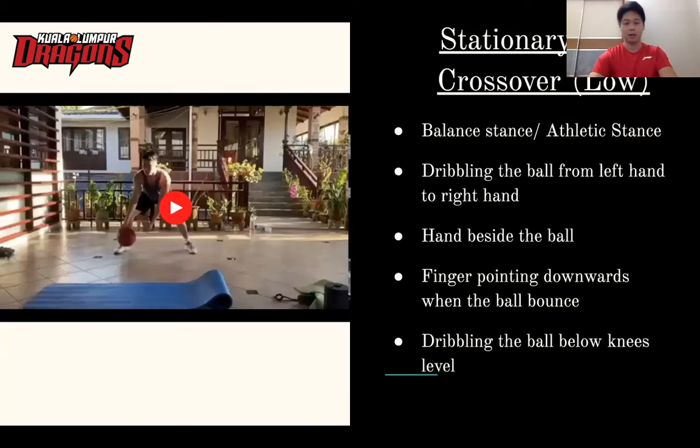First thing, the most important thing, your athletic stance. You must always be balanced, right? This time we're going to push the ball from the left hand to the right hand. Your hand must always stay beside the ball, not on top of the ball. Some of you dribble by just pushing the ball with both hands. It doesn't work that way. You're going to pass the ball from the left to the right and from the right back